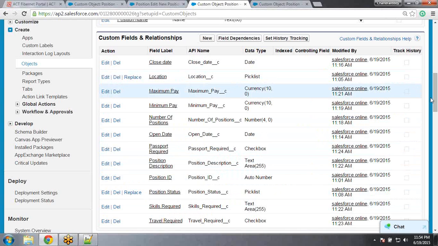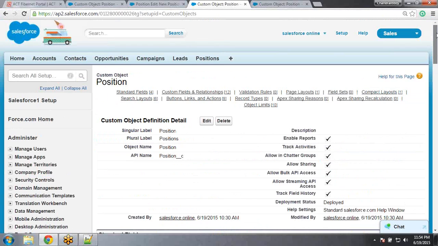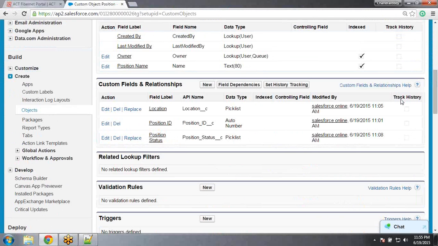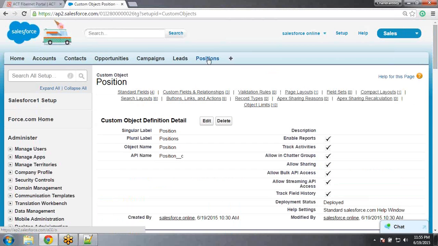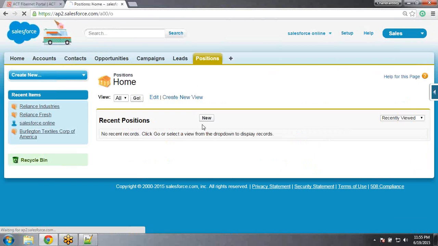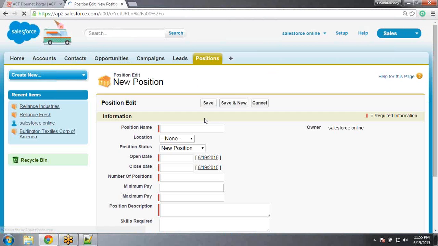Now go to your object, your position object. Go to the positions tab, click on new. When you click on new,